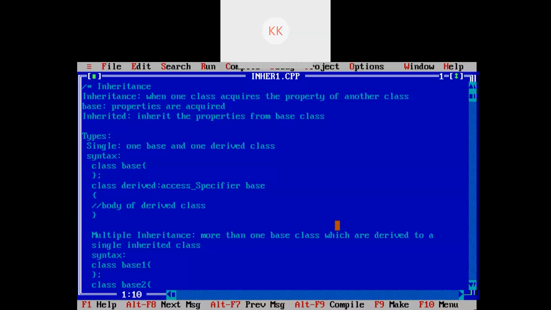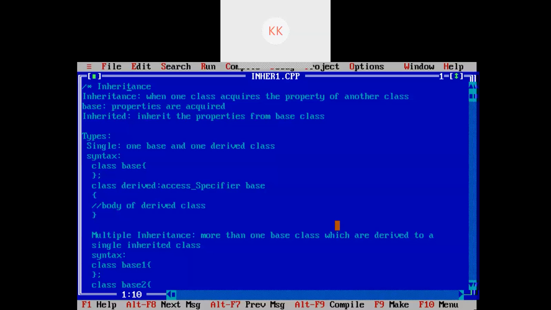Okay. So what is inheritance? When one class acquires the property of another class, it is called inheritance. In inheritance, we have two classes, namely the base class, from which we acquire the property, and the inherited class, into which we acquire the property from the base class.